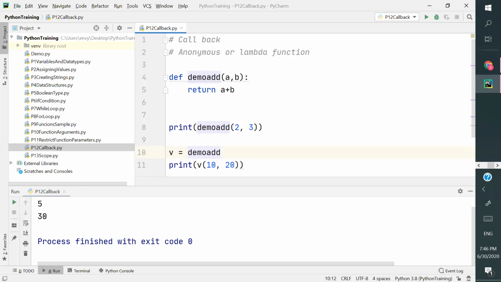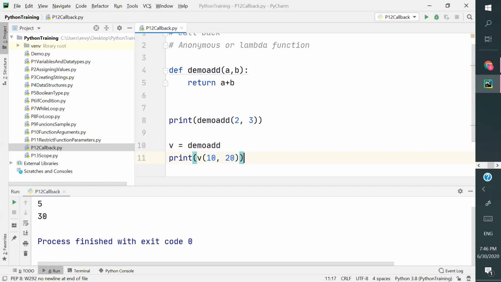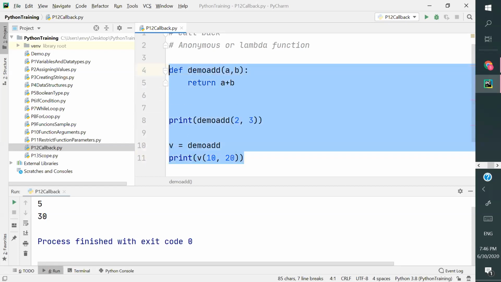So how will this be useful, what can we achieve because of it? Let's say I wanted to create a function which will perform some actions. Let's say I'm asking it to perform add: it is going to add two values and then return it. I'm asking it to perform multiplication: it will multiply and then return it. So I wanted to write a function which does that kind of activity.